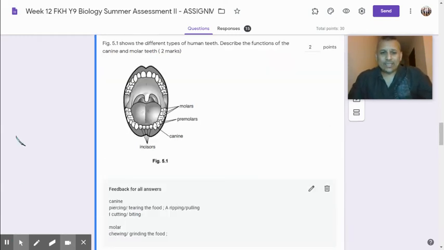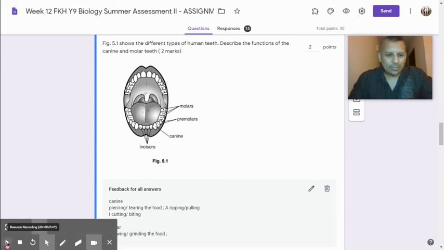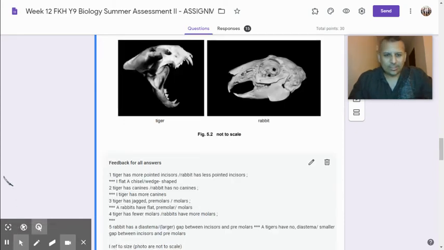Canines are for piercing and tearing the food. You can talk about ripping, pulling food apart, that's absolutely fine. Molars are for chewing and for grinding food. Can't say cutting or biting because that's kind of vague, and also cutting is the kind of job of the incisors really. So the key to the next one was making sure that there are very, very clear comparisons